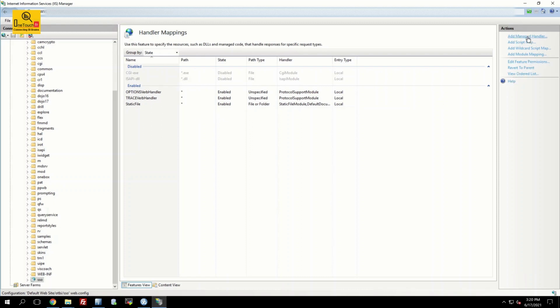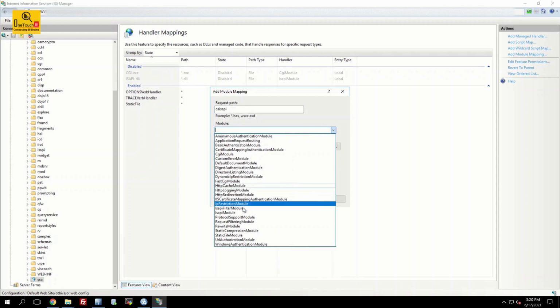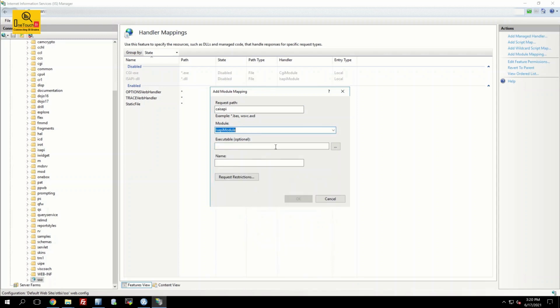For that, in the actions, click on add module mapping and the request path, it's like a subfolder. I'm going to call this CA. CA stands for Cognos Analytics ISAPI. And the module I'm going to pick up from the drop down is called ISAPI module.